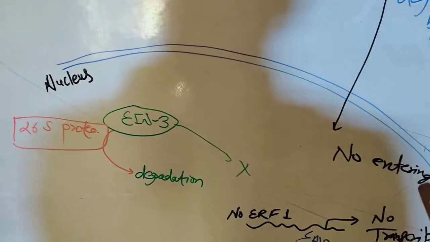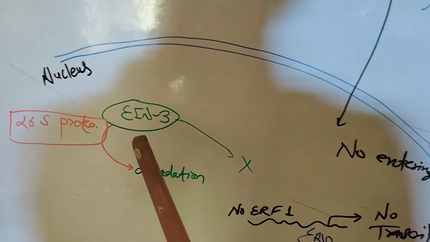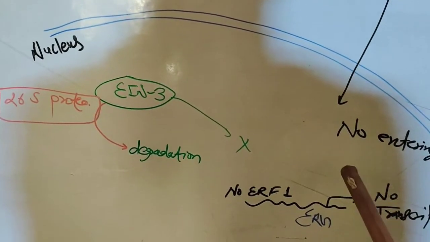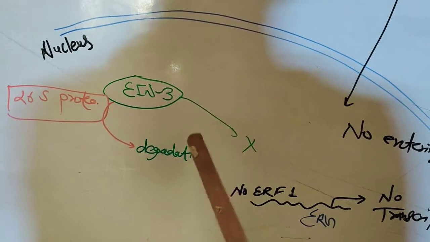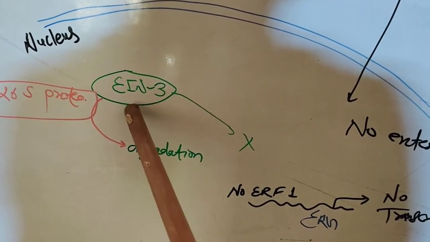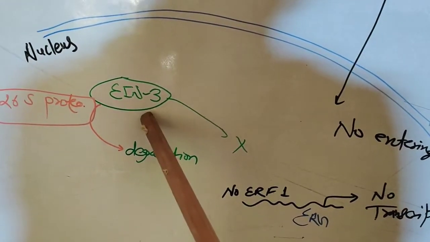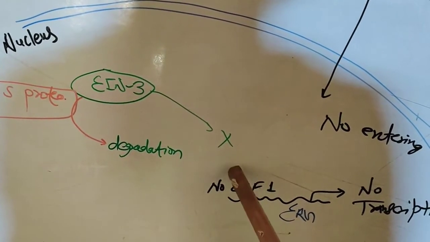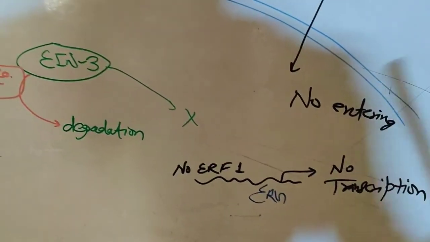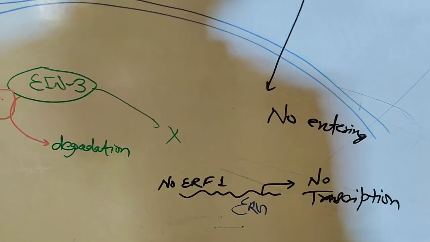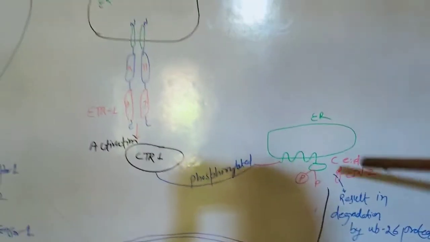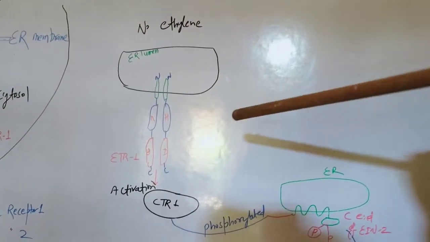And we have already discussed the work of the EIN2 protein. It stabilizes your EIN3 protein. In the presence of EIN2 in the nucleus, it will not let your EIN3 protein degrade. Okay, if it is not degraded, then your ethylene response gene will be on, transcription will be happening there, and your ethylene hormone will be generated.